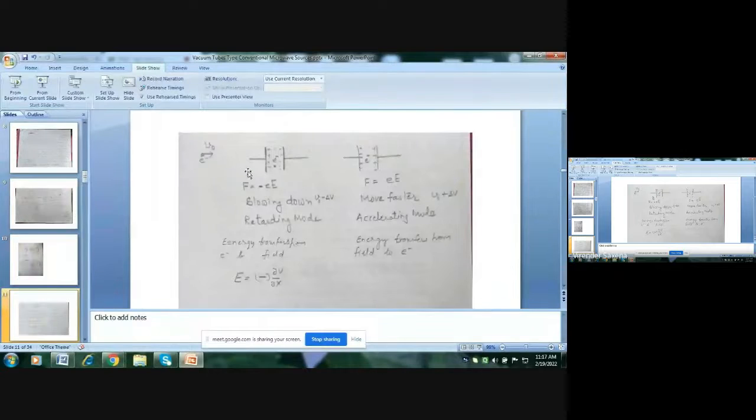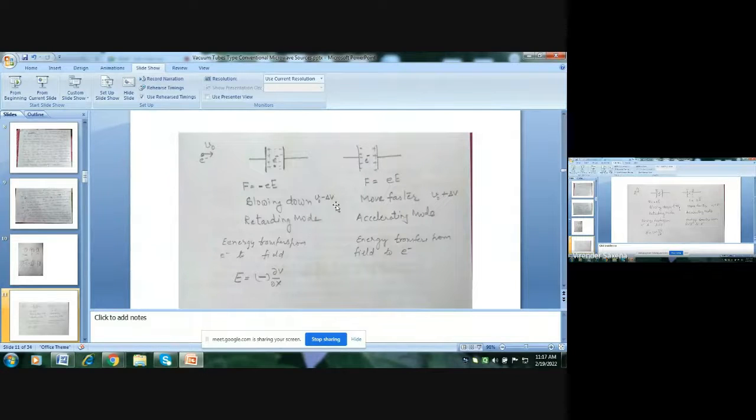When an electron enters this region, the force on this electron is such that the electron slows down. And in this case, the electron velocity increases when it moves from the negative plate to the positive plate. This is the basic